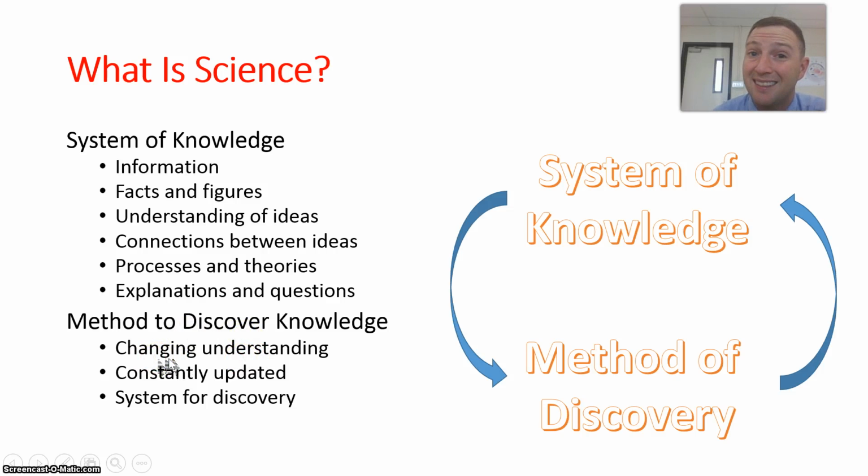Science is always changing. It's always being updated, because we keep asking questions and answering those questions and learning more. Therefore, that system of knowledge keeps expanding because we update it. How do we update it? Through the scientific process, which asks more questions, and then we test possible explanations and we learn more. So it's a system of knowledge which informs our method of discovery, which produces new knowledge, which gives us new questions to explore and experiment and test, which gives us more information. And so it's a cycle back and forth.